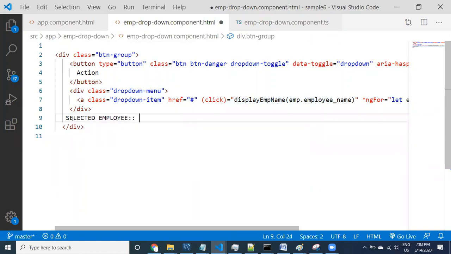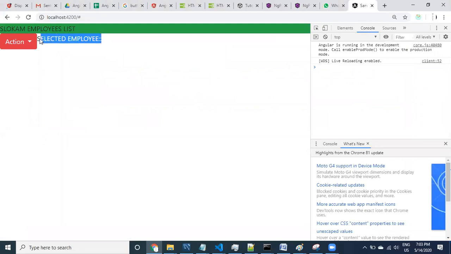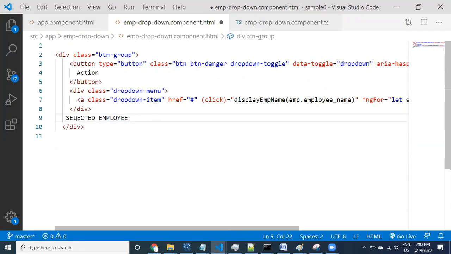Here I have to display some value, selected employee, like this. First I want to check how the UI looks. See here guys, selected employee. Selected employee means the employee we have clicked on, and that employee information I would like to display.